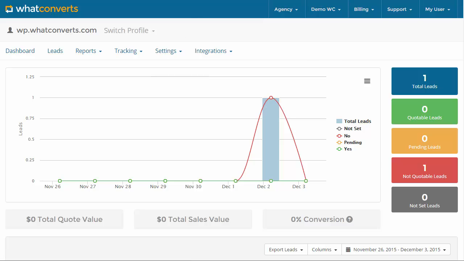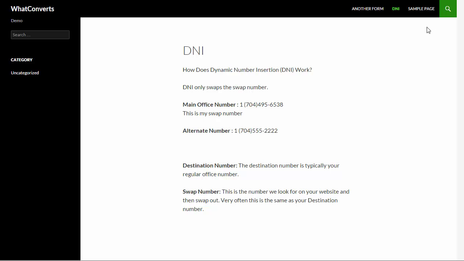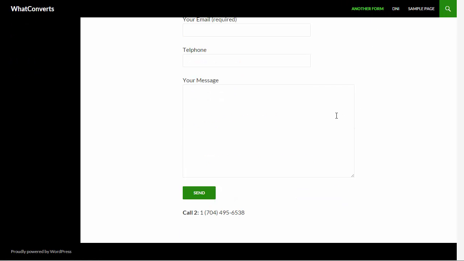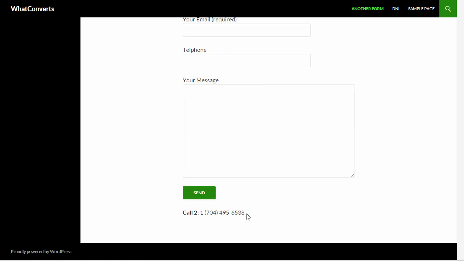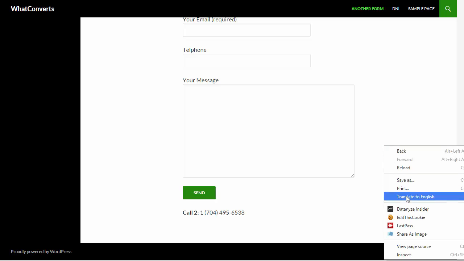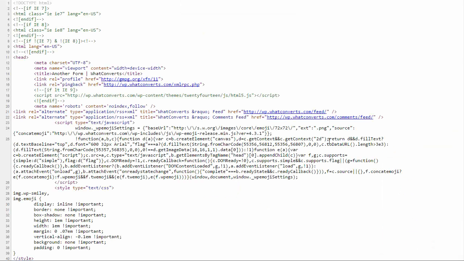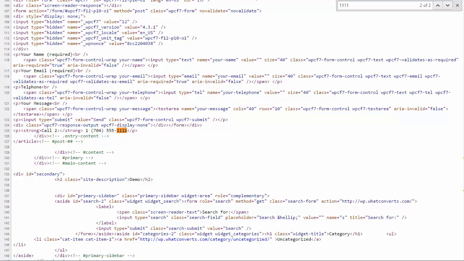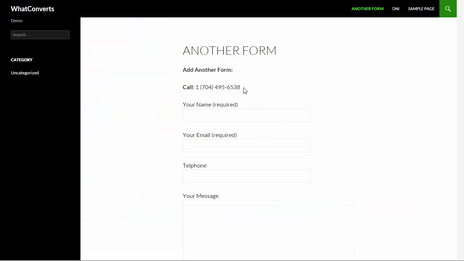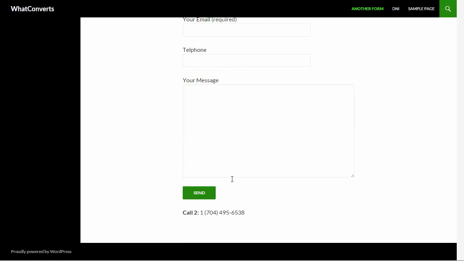Now if you have multiple instances of that swap number, on this page it doesn't. So let's go, I believe on this page we have two. So here we've got the 6538 number at the top. We have another instance at the bottom. I'm going to look at the source code, view page source. I'm just going to search for the 11. This is the number we swap out. And you'll see up here I have two instances of it. So here's the number I'm seeing in the source code, and if I go down to the next one, that's the other number. What I'm trying to show you here is that we'll swap out both instances with the DNI, and the